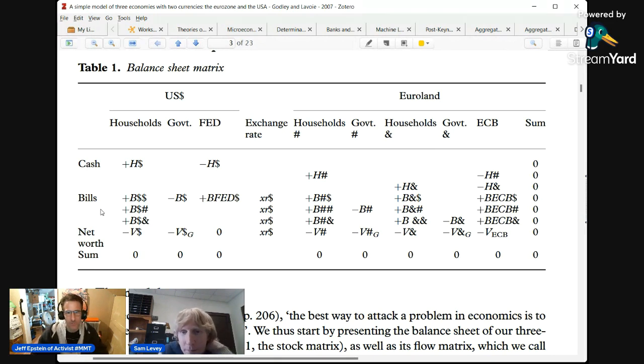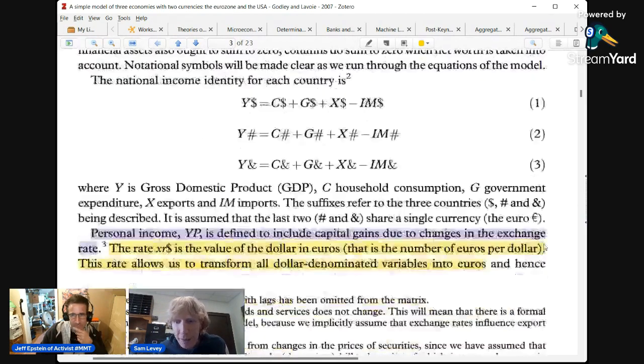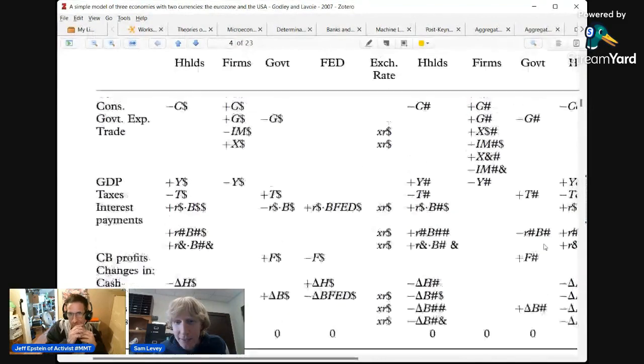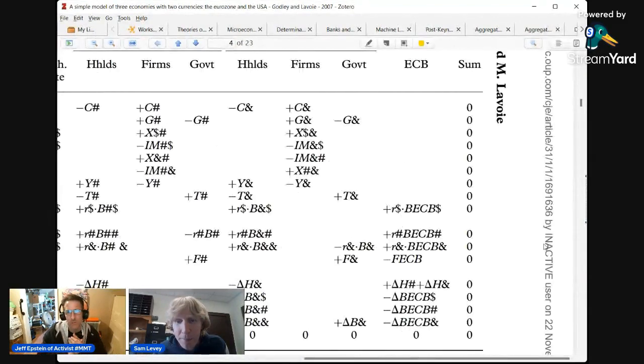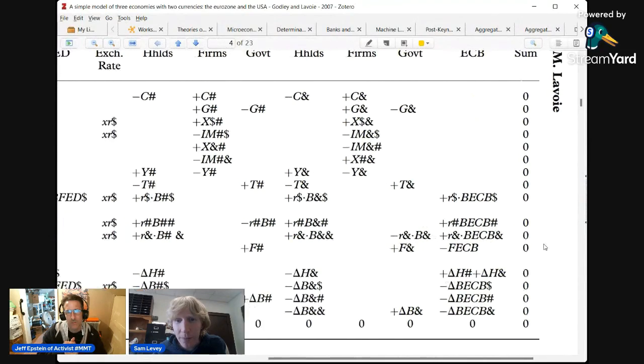Yeah, that's cool. So the beautiful thing about these models is that just by understanding the tables alone, look at how many equations that generated: 1, 2, 3, 4, 5, 6, 7, 8, 9, 10, 11, 12, 13, 14, 15. You got 15 equations from reading this table. What's this corner 0? That's just the zeros equal 0. Yeah, exactly. Okay. Wow, that's new. All right, good. And then it works the same way on this table here. All the rows and all the columns add up to 0, and it gives you equations. Okay.